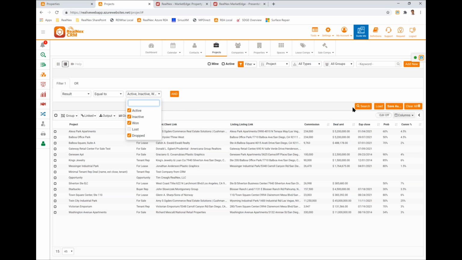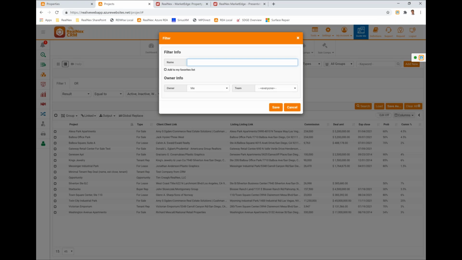Okay, so there's my filter. Now I hit save. Give it a name. And here's the critical part: say add it to my favorites. If you don't do that, then you have to go to filters and load and go through all these dialogues. Hit this checkbox